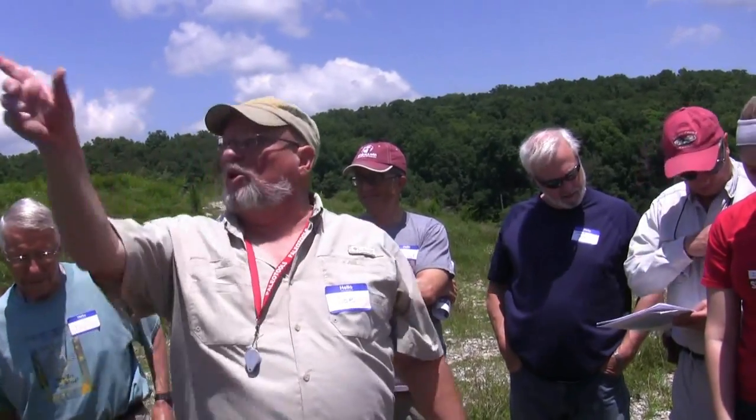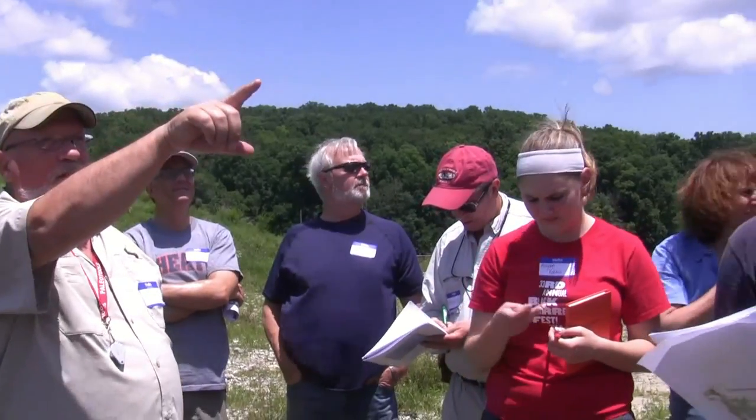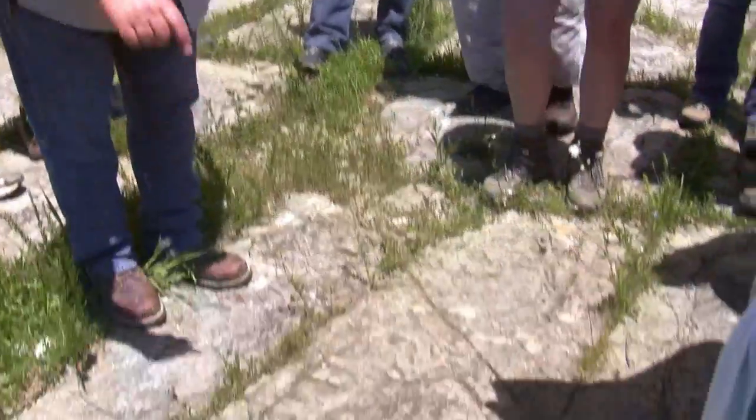And then right below the Goreville, you go into a shale unit called the Cave Hill, which we're going to see down below this. And then, of course, from here on up, we have the Grove Church Shale, which is the Mississippian that can have all the fossils in it. And those little nodules, there's little ironstone concretions, siderite concretions that have fossils in them. You can find maybe goniatites, maybe you can find trilobites, you can find conularids, which are these scyphozoan-like little creatures. You can find crinoids. You can find little teeny guys of these